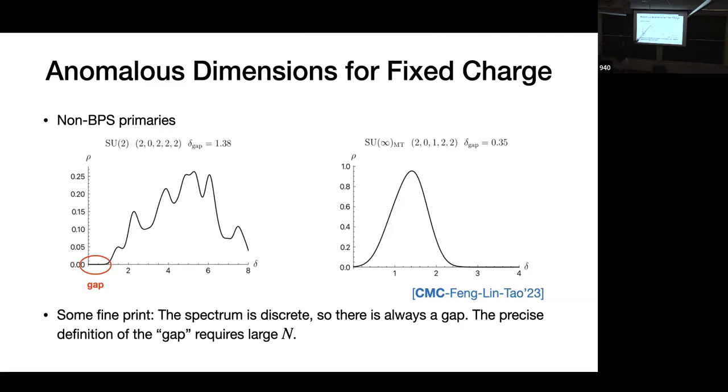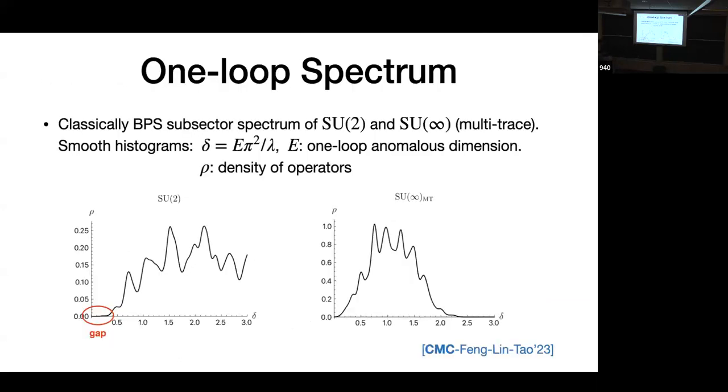And here we also write down the actual gap we have, so you can try to compare that with the SU infinity case. Even though from this plot it seems that there's no gap, there's an actual gap. But for the SU2 case, the actual gap is larger than the actual gap for the SU infinity case. What is the value of the coupling here? We have some normalization of the coupling, so we show the anomalous dimension with this normalization. Okay, so E is only the anomalous dimension. Yeah, E is the anomalous dimension.